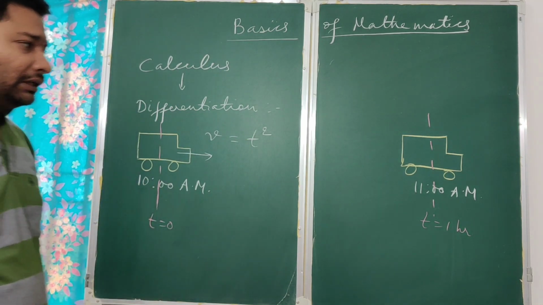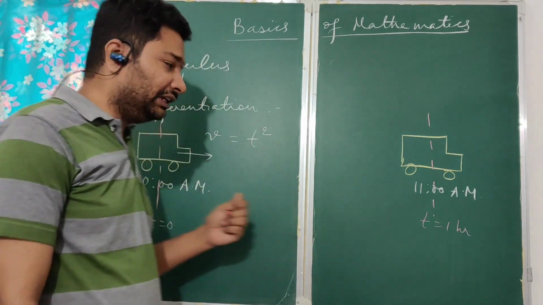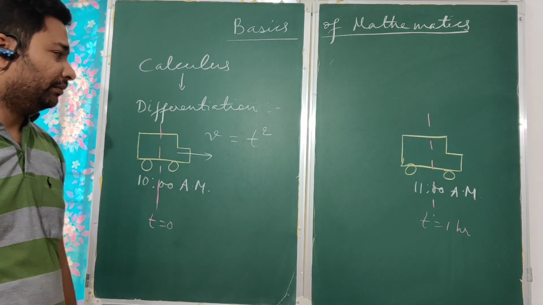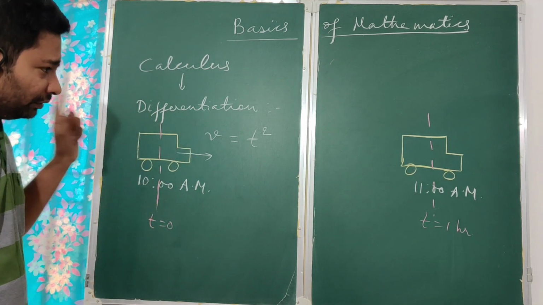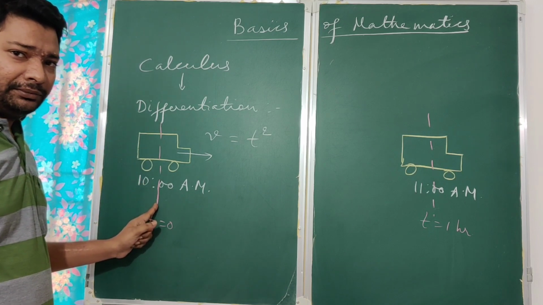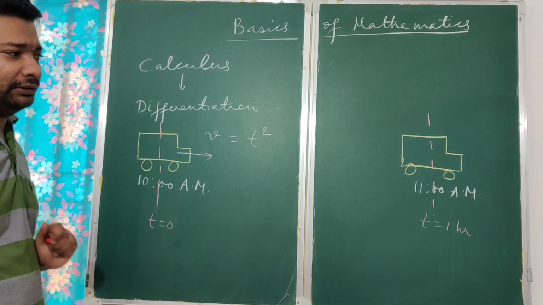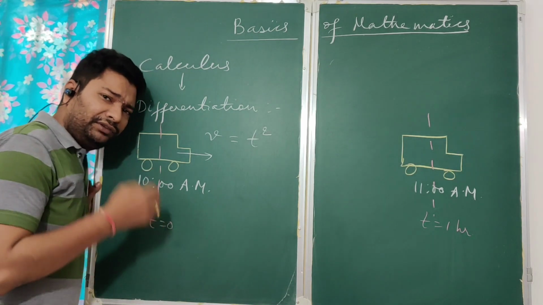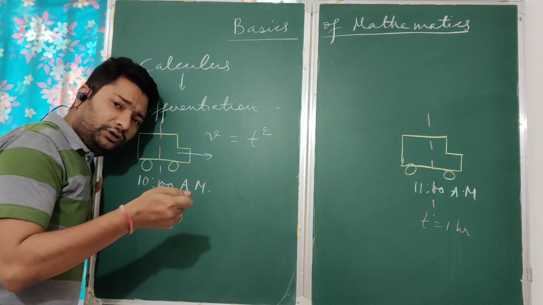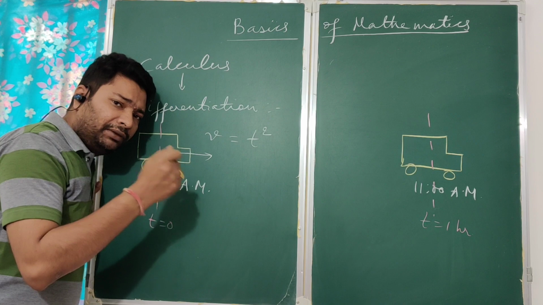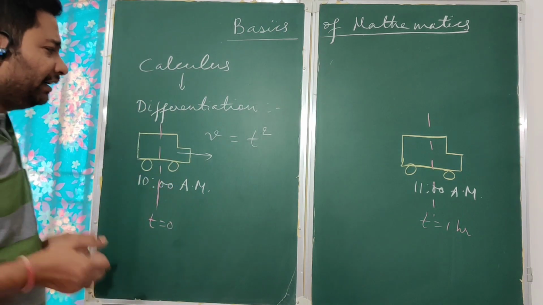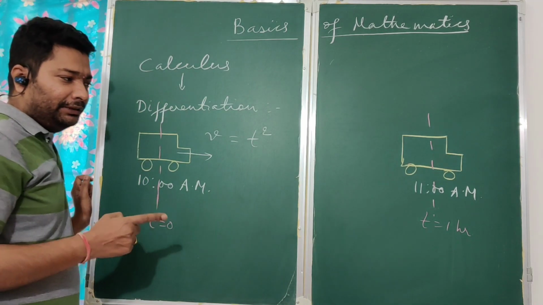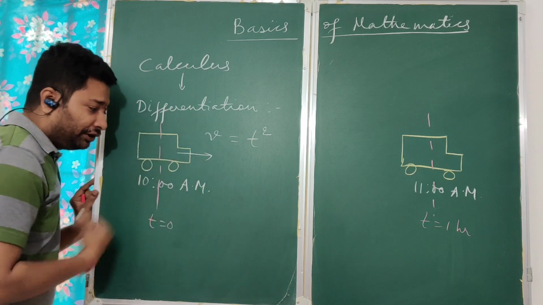Then how to find out the distance travelled by this car? Now you see, we are having a practical difficulty here to calculate the distance travelled by this car. So this problem can be solved by making use of calculus. Now let us see how we do that. In calculus we actually rely on the original formulas only, but the thing is that we try to break down any quantity into very small parts. That is the Leibniz approach. I will tell you what is the benefit of doing that.